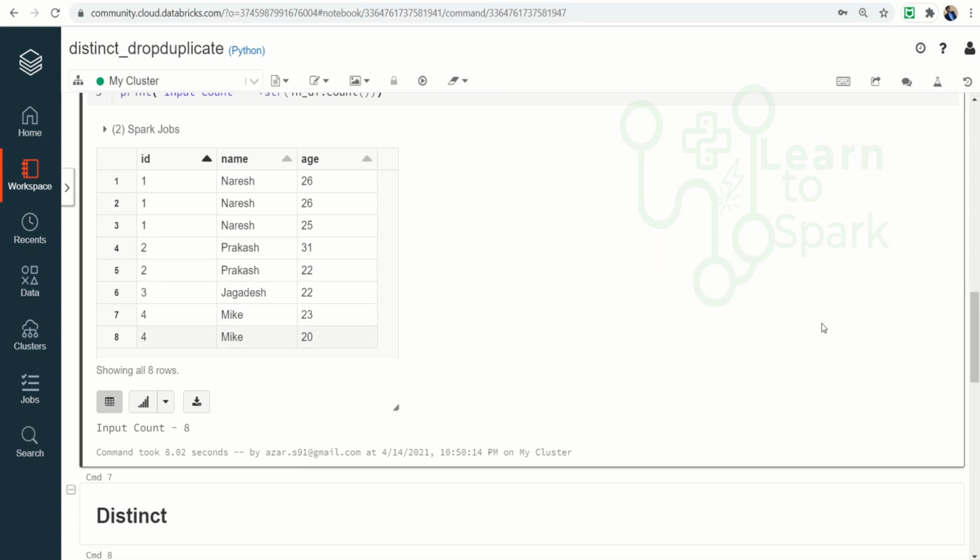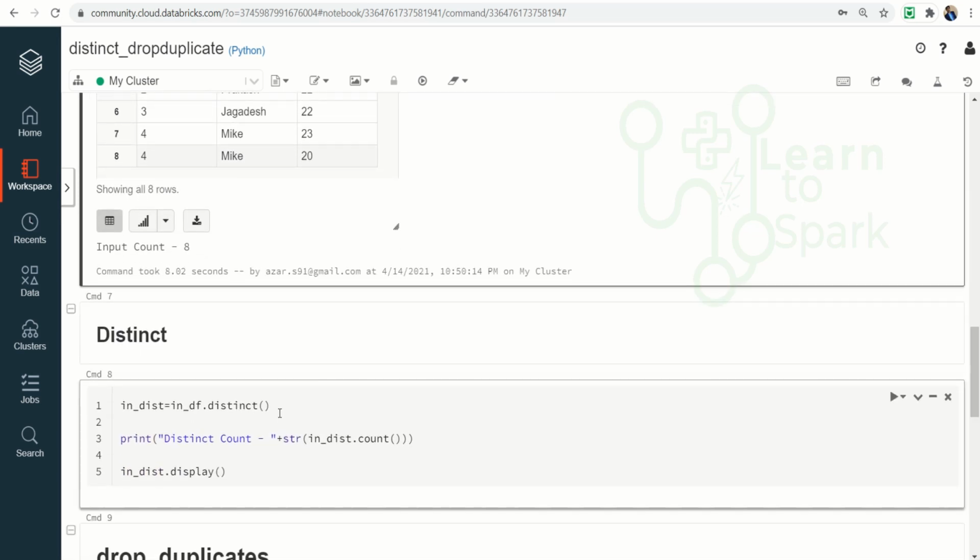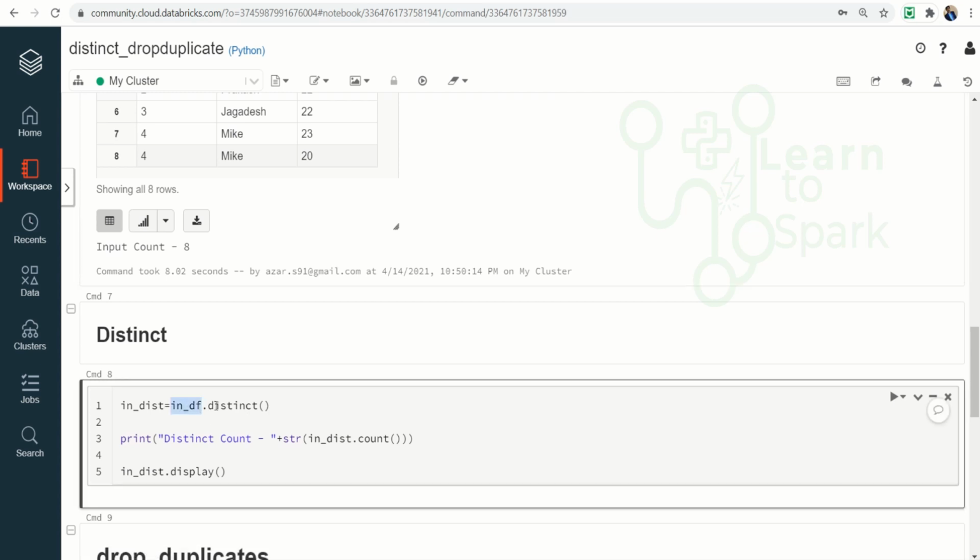Let us see what happens when we apply distinct and when we apply drop duplicates. First comes distinct. The syntax for distinct is a data frame and then dot distinct. Here I am displaying the output of distinct and also printing the count of records.